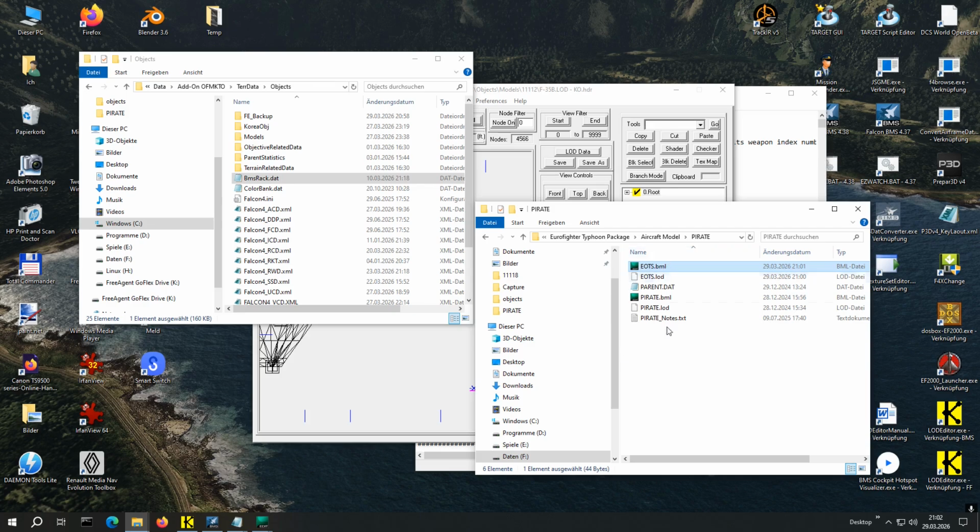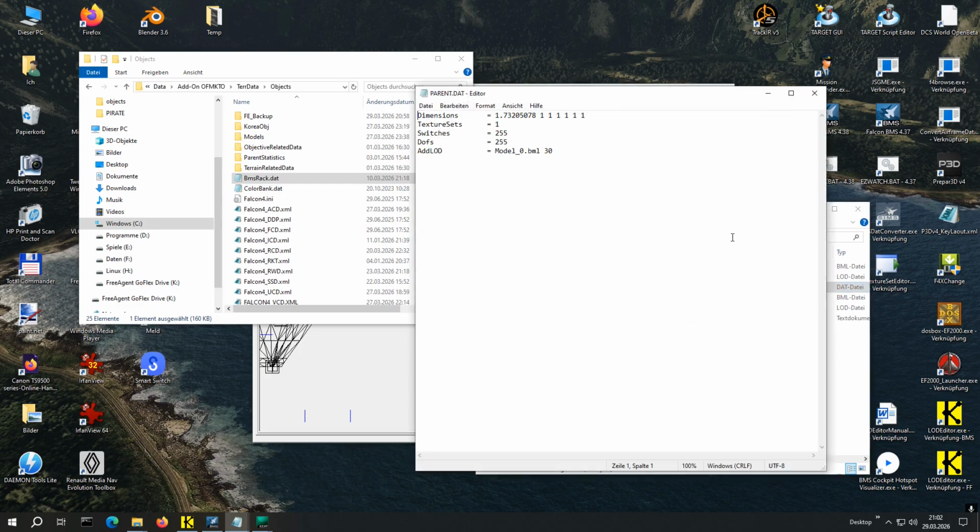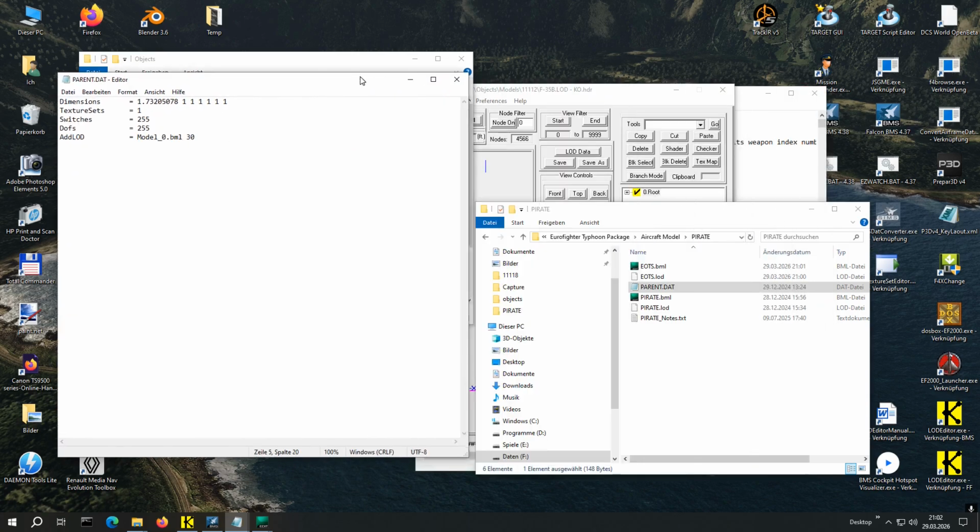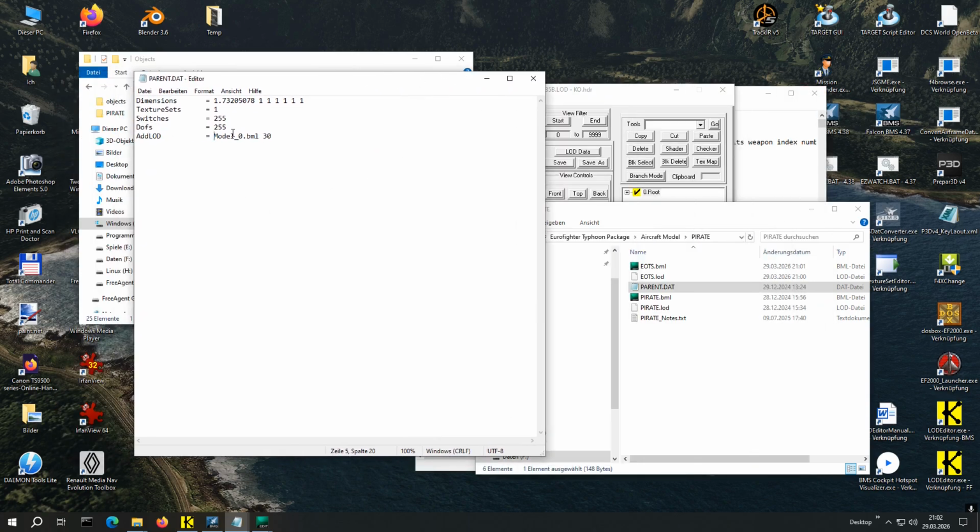What you would also need to do is to create a parent file, so you can adopt this data, limited data. It's very important that the model 0 BML entry matches the name of the model file itself. So it should be EOTS